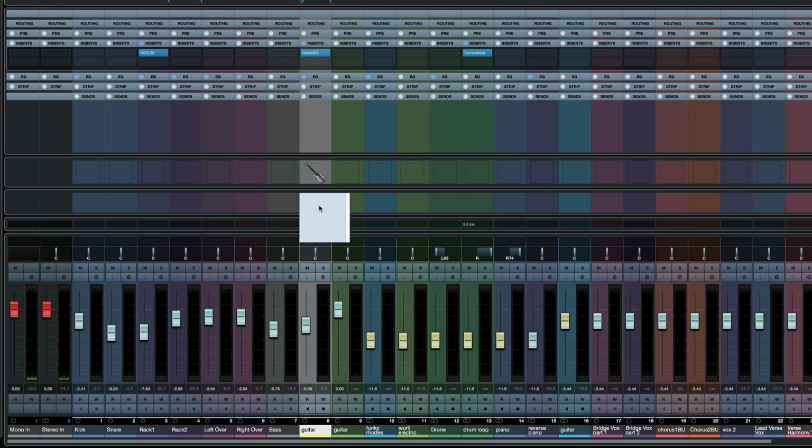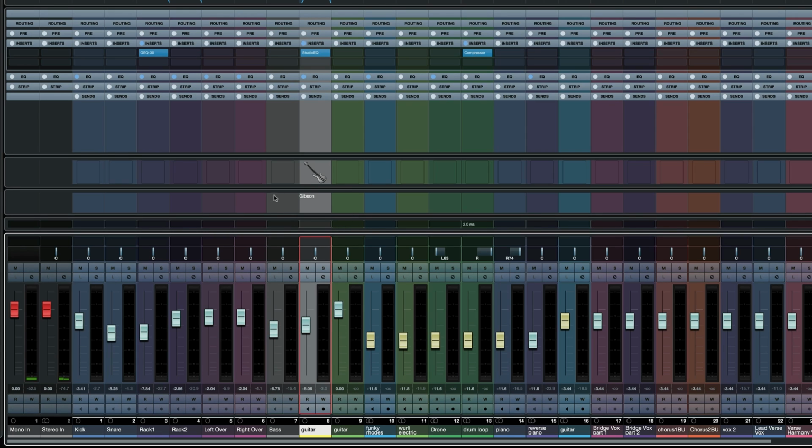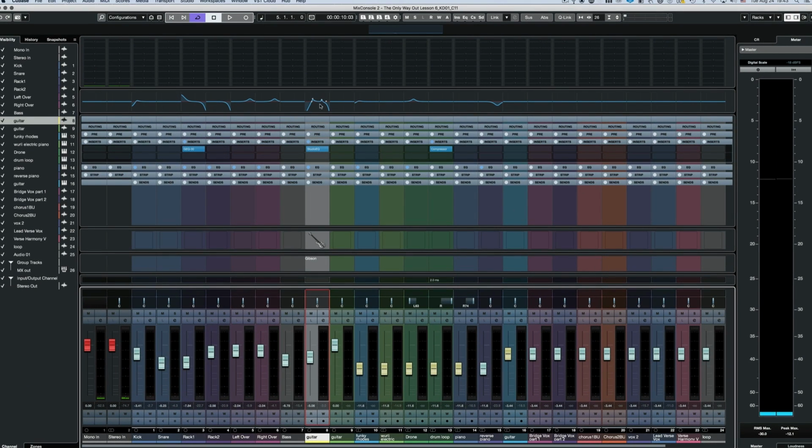I can also put some text, which is quite nice. Maybe this is a Gibson guitar that I was using. You can put notes on here, or maybe it's a friend that's recording and you want to jot down when they recorded and what day it was recorded. You can do that very easily by adding to the notes, which is quite handy. This is the EQ.